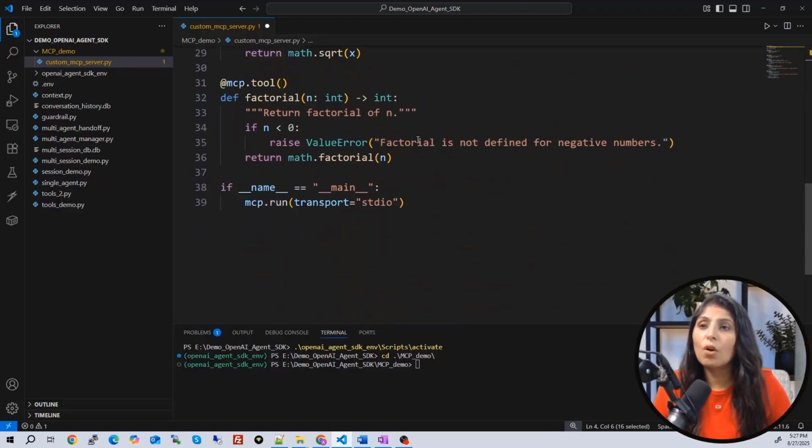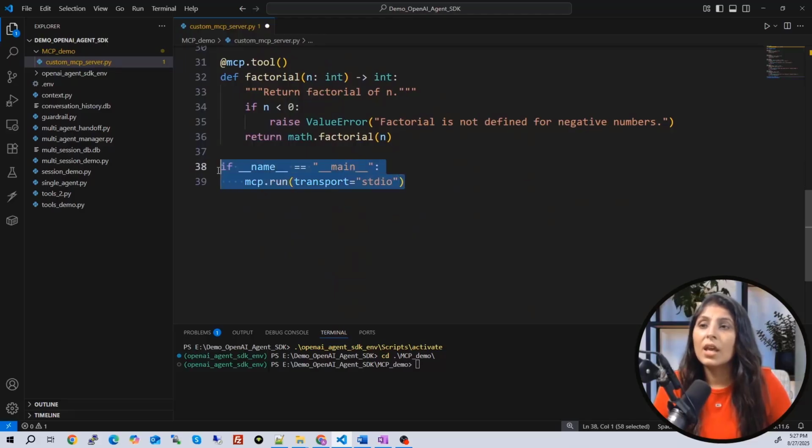And guys, if you scroll down, just see the last line. Here we have mentioned mcp.run, and then we have mentioned the transport mechanism. Which transport method have we used over here? Standard IO. This transport mechanism we use when we are working on a local machine, meaning your client and your server both are running on the local machine.